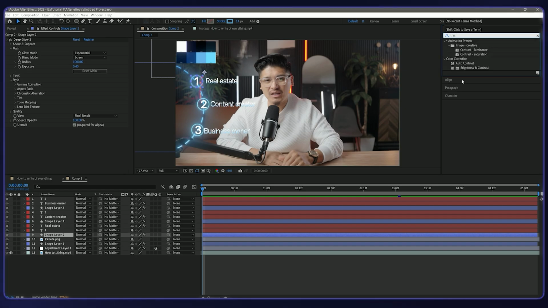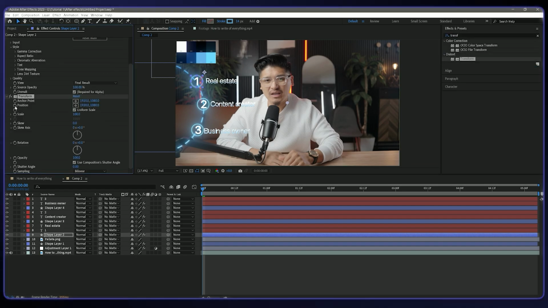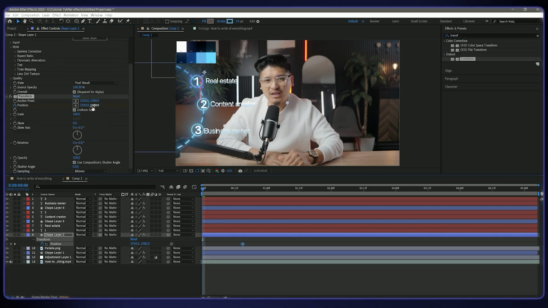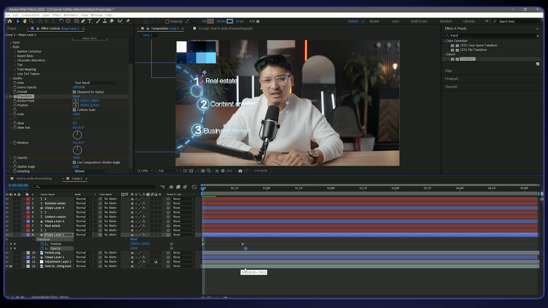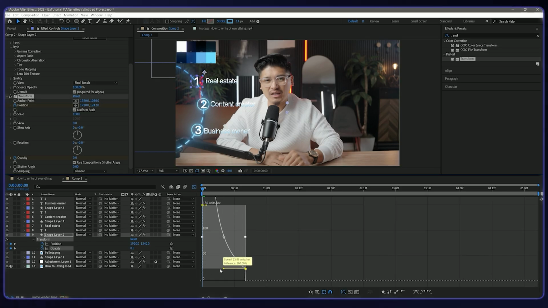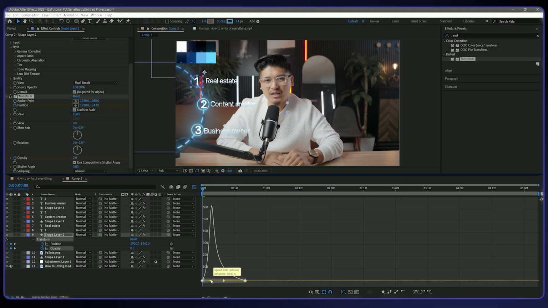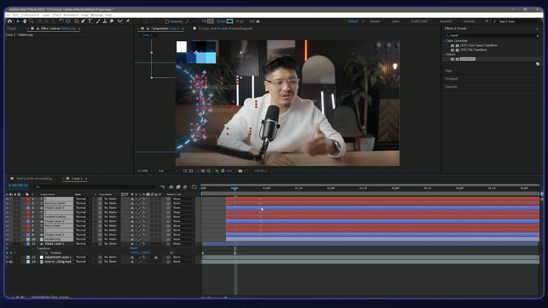Search for the transform effect and apply it to shape layer 1. Make keyframes at the start and end of the animation. Then select the layers and adjust the animation speed using the graph editor. Then do the same process on opacity: decrease it to 0 at the beginning of the clip and increase it to 100% when the animation ends. Now select all the above layers and move their positions a few frames forward.